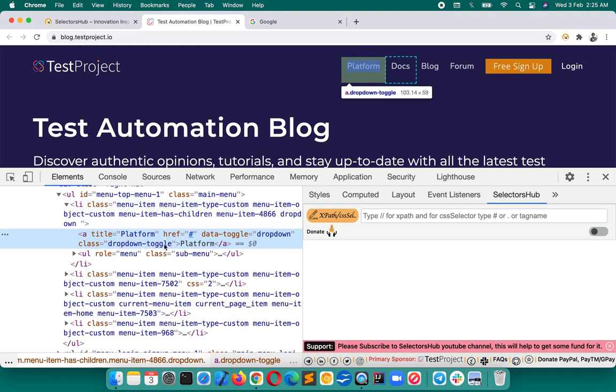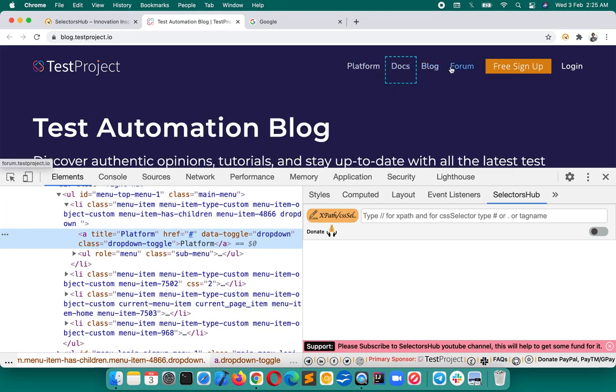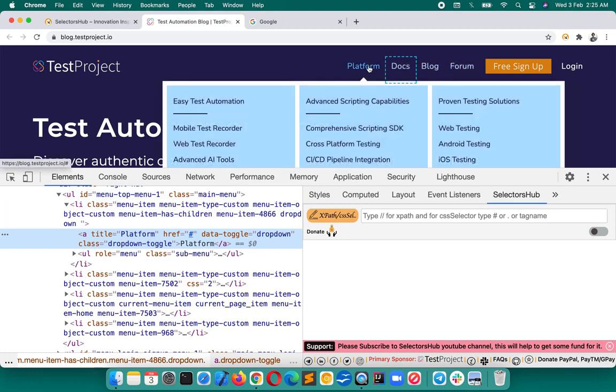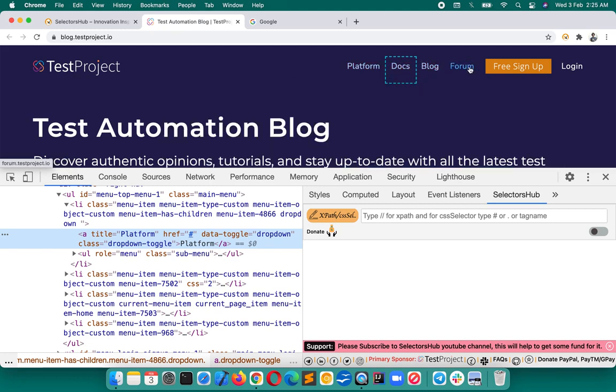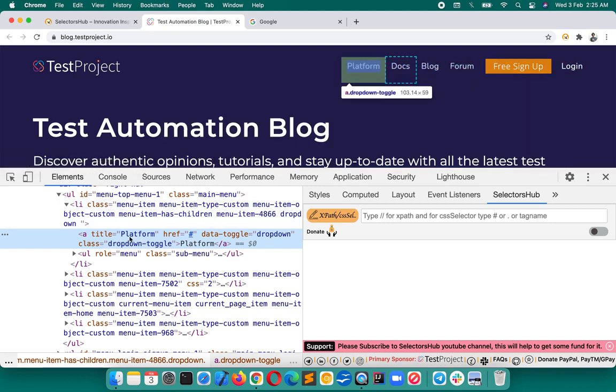Based on that we write the CSS selector. Dropdown-toggle doesn't look unique, because dropdown-toggle must be used for this, and this, and this as well, since these are all header values, so they could have similar values. Platform, yes, this attribute looks stable and unique, so we can use this one.